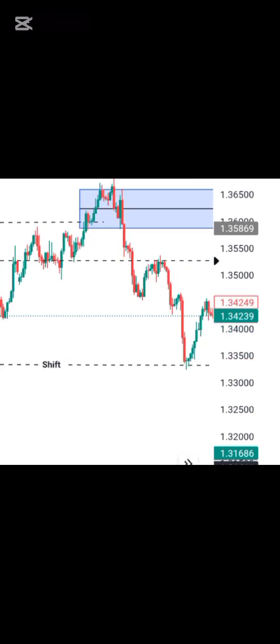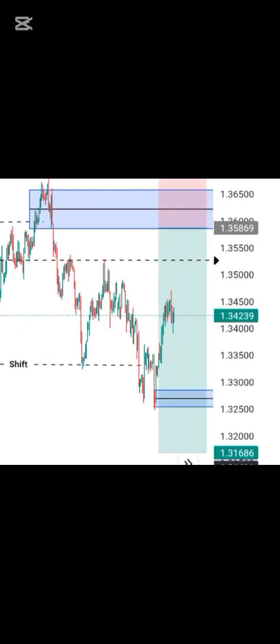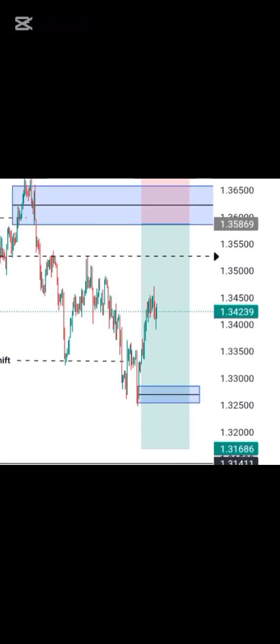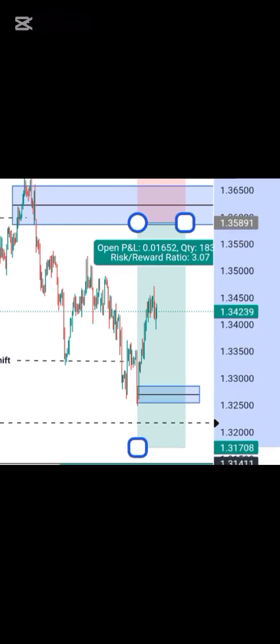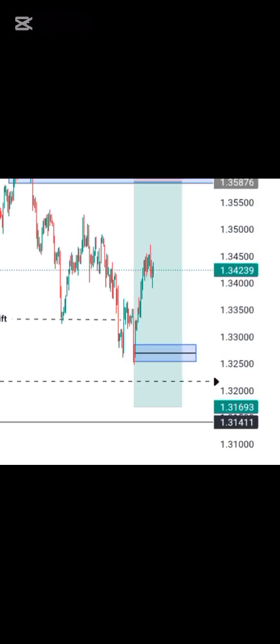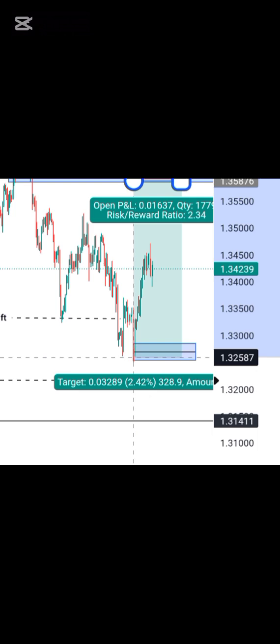So this order block now, I'm expecting it to come to this place, to this order block, and tap in. This is my POI, and this is the liquidity. You can see this is actually the alert. I've set an alert, so I'm expecting it to take out this liquidity. Once this liquidity is out, then I'm just expecting it to tap on this order block, then start falling. Your SL will be above this place, the protected high, and your TP will be here, or